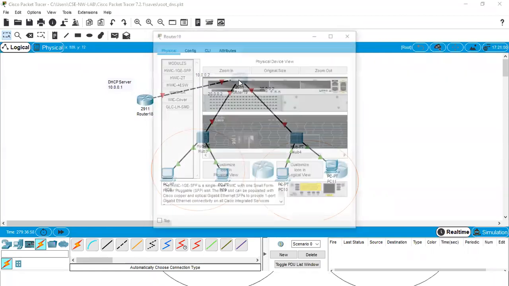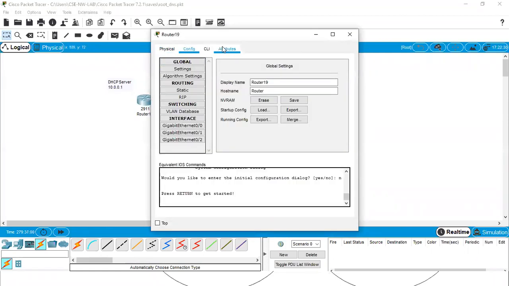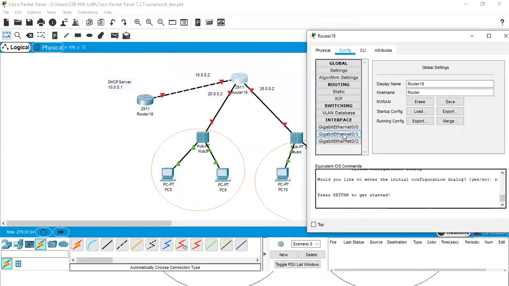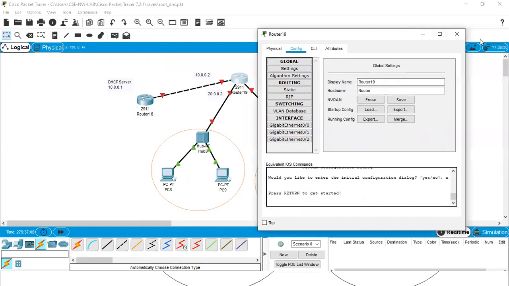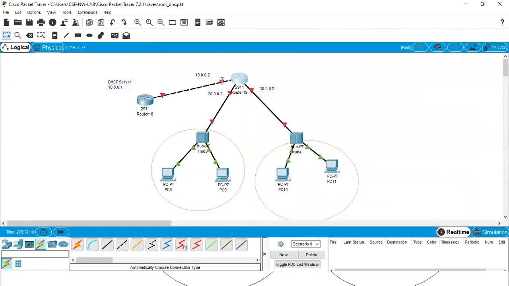Now we'll go to the second router. So this is the relay agent. So we are going to configure this one. So static address has to be enabled. Again, check which link it is. This is 0/0. This one is gig 0/1.